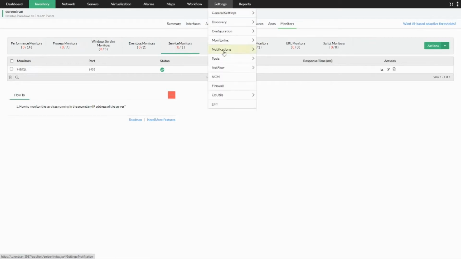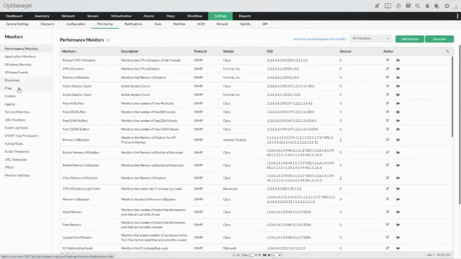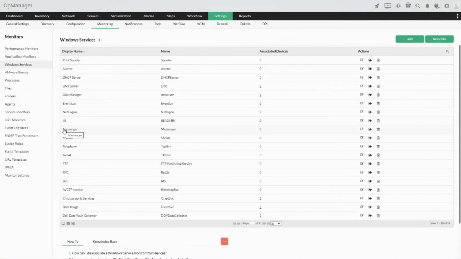Likewise, you also have the bulk configuration and settings configuration, and over here you will have service monitors and Windows service monitors which are predefined within OpManager, and you can create brand new ones or associate them in bulk to multiple devices based on your requirement as well. So now let's switch to the presentation and continue.